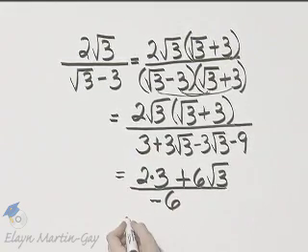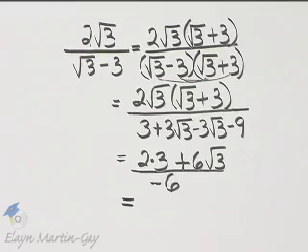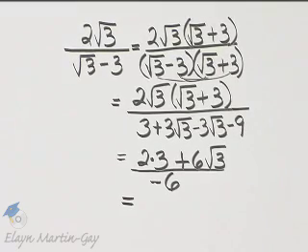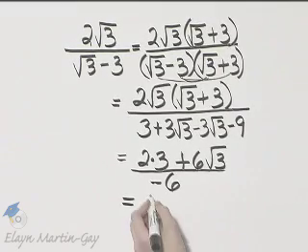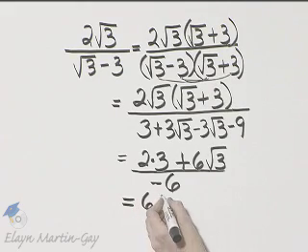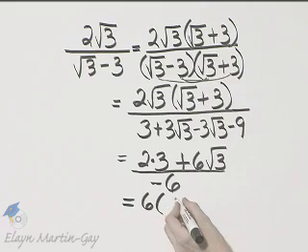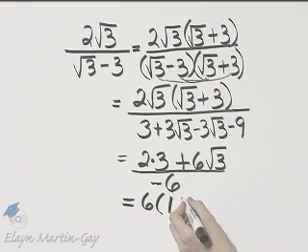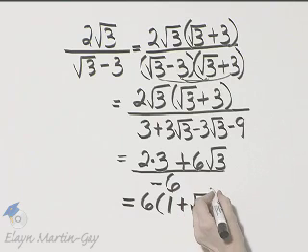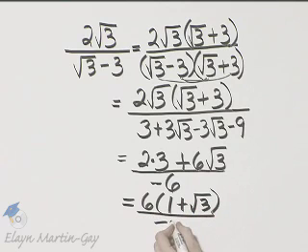This is 6, so we do have a common factor of 6 in the two terms in the numerator, and I will factor those out. If I factor out a common factor of 6, now this is 6, so 6 divided by 6, I'm left with 1 plus 6 square root of 3, that would be square root of 3, over this negative 6. Now the 6's divide out, and I have 1 plus square root of 3 all over negative 1,